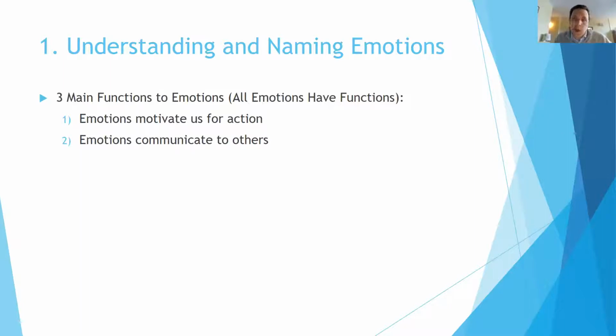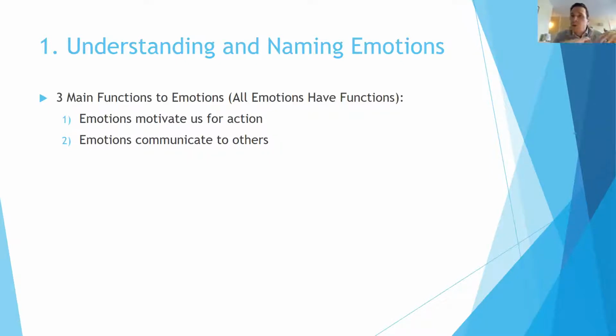Also, emotions communicate to others. That's another function of it. And what you'll see in general is that our emotions are better communicated, even non-verbally sometimes, than verbally. So if I get a present for Christmas and I say, oh, Grandma, I love this sweater, thank you so much, you could read that I don't love the sweater that I got for Christmas. Right? And we want to be careful of treating that as fact. But you can notice how I responded with my emotions.